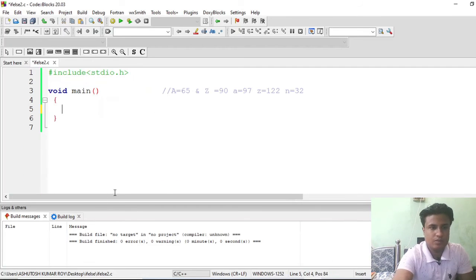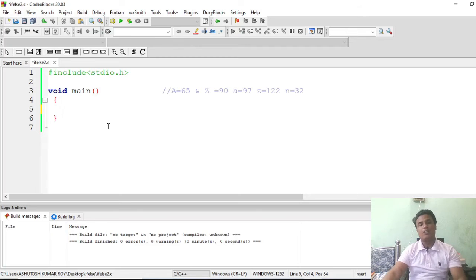Now moving on, let me show you the code that I gave you a few lectures ago about sum of two numbers. Remember the lecture where I showed you how to calculate the sum of two numbers, and at the end how we can convert it into difference of two numbers, or multiplication product of two numbers, or quotient of two numbers.